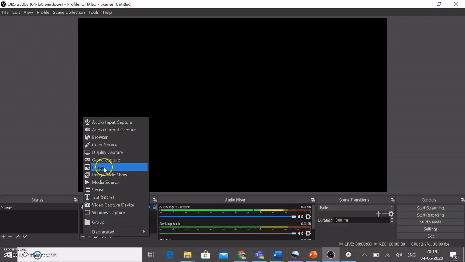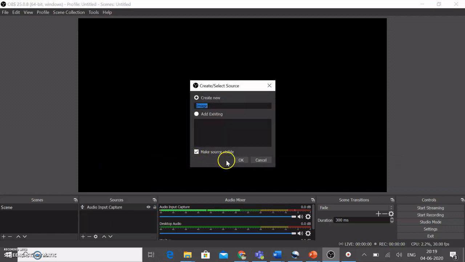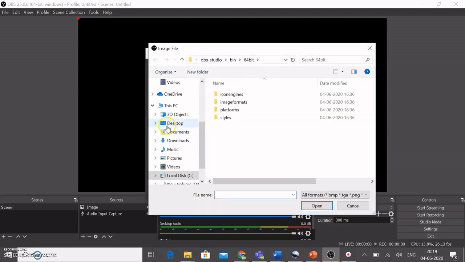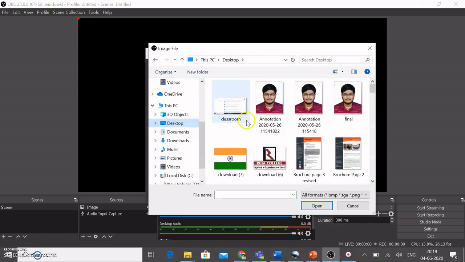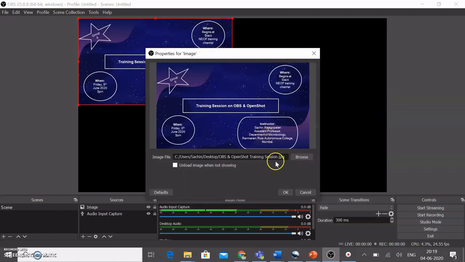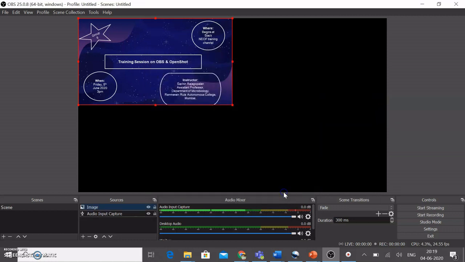So we will click on this option Image. We will click on OK. And now we have to browse an image from the system. So you can click on browse. I have kept an image ready. So I am going to use that particular image and I will click on OK.